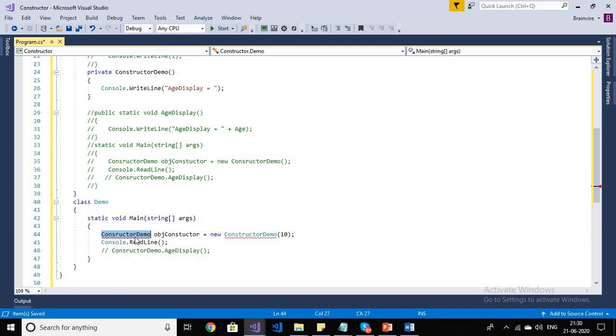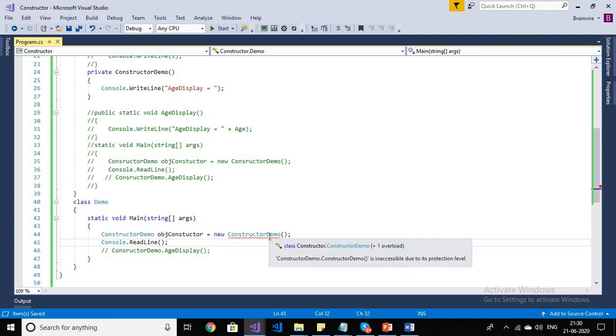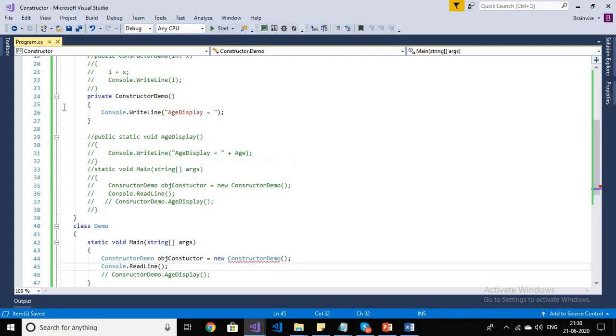It's giving an error because of the private constructor. Now it's saying that the constructor is inaccessible due to its protection level. As we know, if we define a private constructor in a class, then we can't create an instance of that class. Because of this reason, it's giving an error.